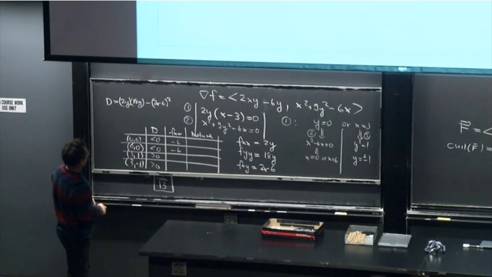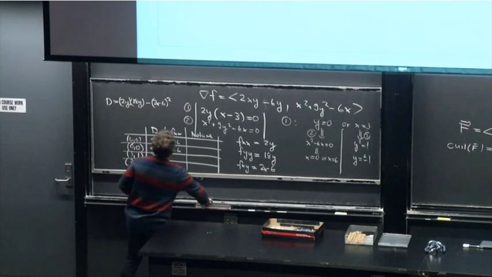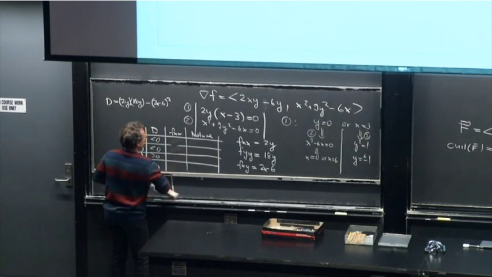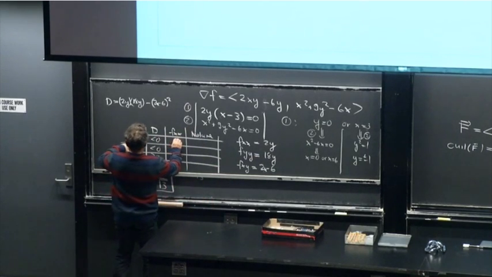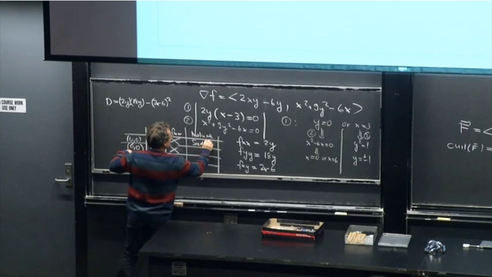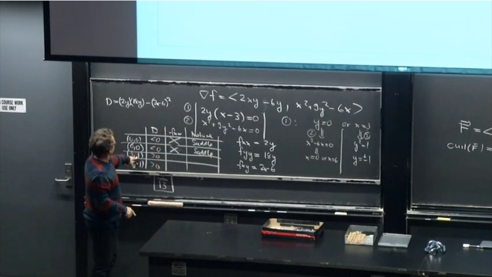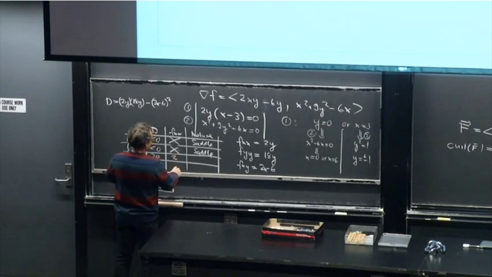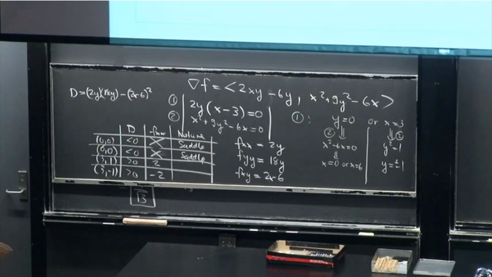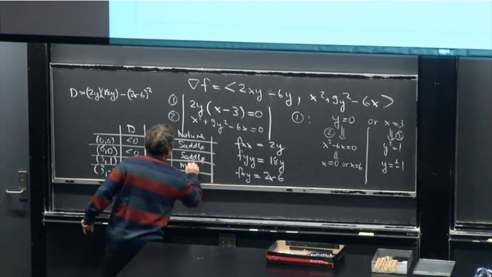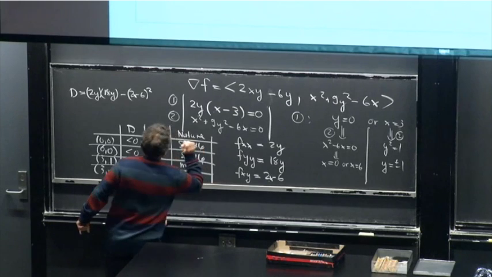Oh, that's fxy. Sorry, I'm looking at the wrong thing. I'm looking at fxx, that's just 2y. So actually we are not interested in this case because these are saddles. And in this case, when y is equal to 1, then we have here 2, and here we have minus 2. What happens if it's positive? Then it's a minimum. Negative, it's a maximum.